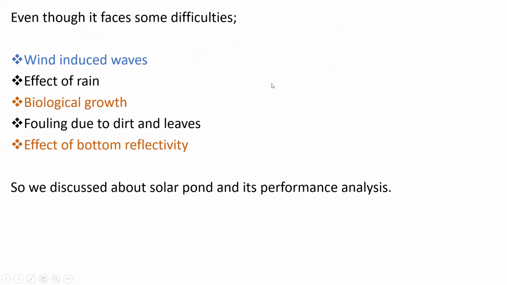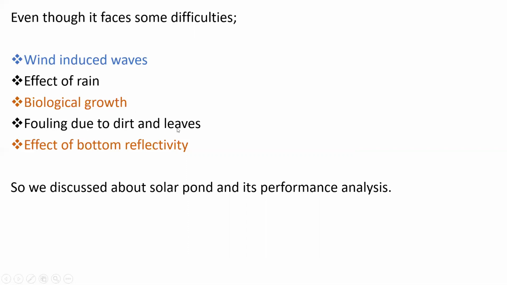Even so, the solar pond faces some difficulties: wind-induced waves, which decrease the collection efficiency; the effect of rain, which decreases the salt gradient; and biological growth, such as plants and some kinds of small green algae, which also harm the solar pond.